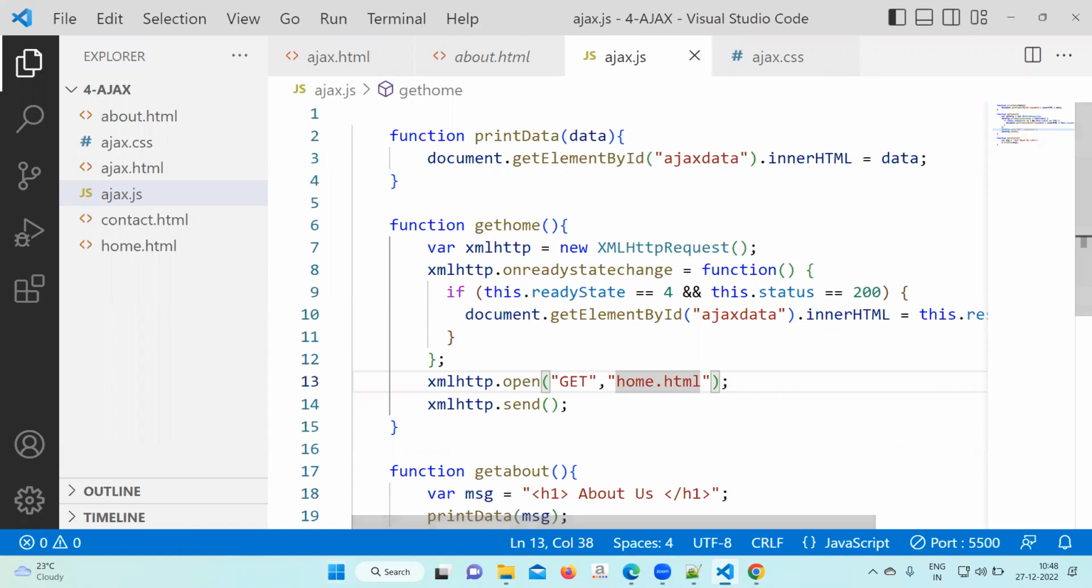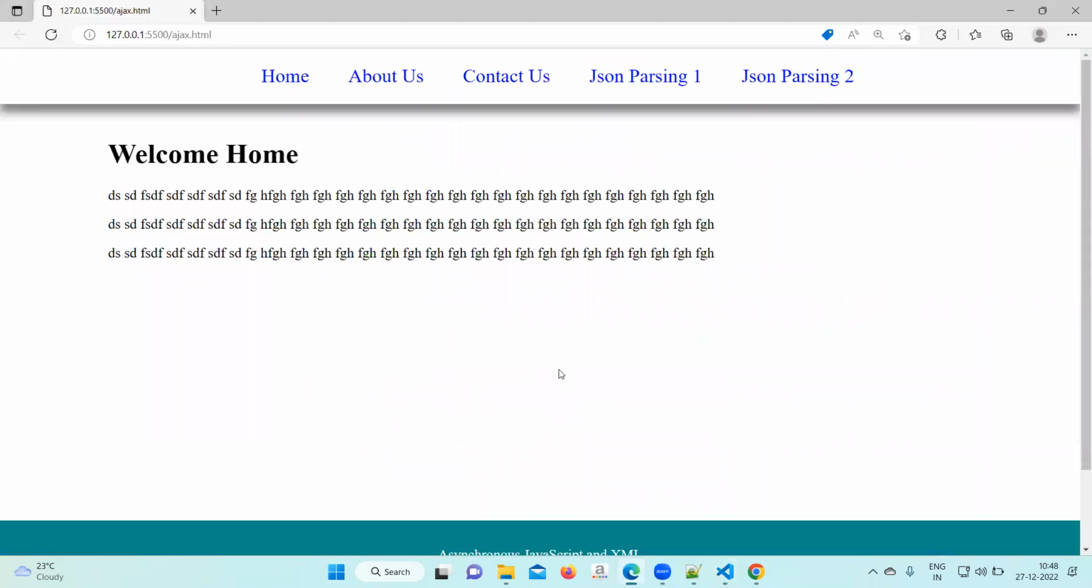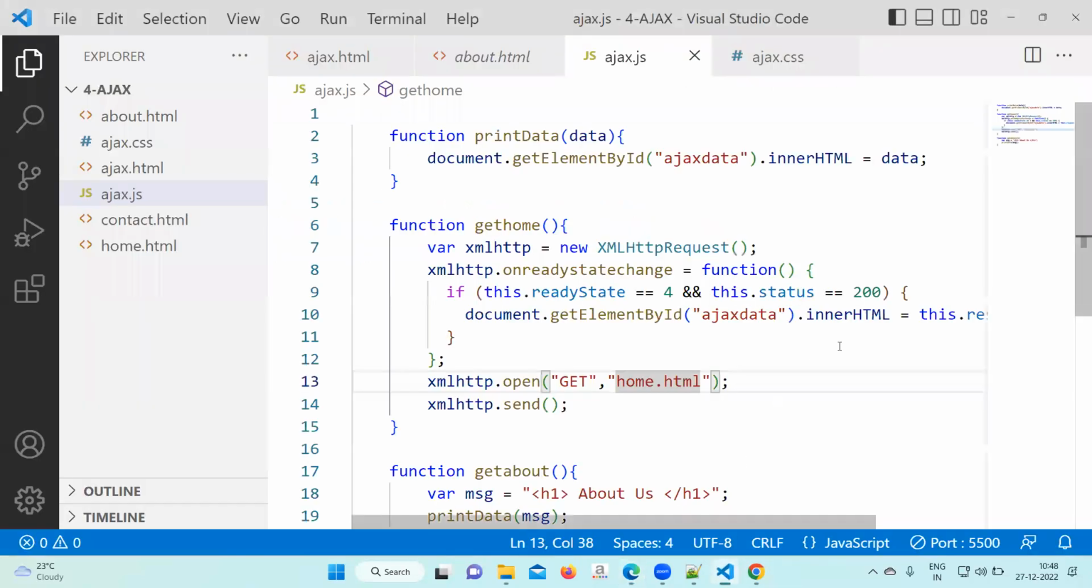We'll go to the browser. It is coming from the home.html, right? Welcome home. This content comes from the home.html. Next, this line is written Ajax data. It is working, but you will not write here. Why? Because